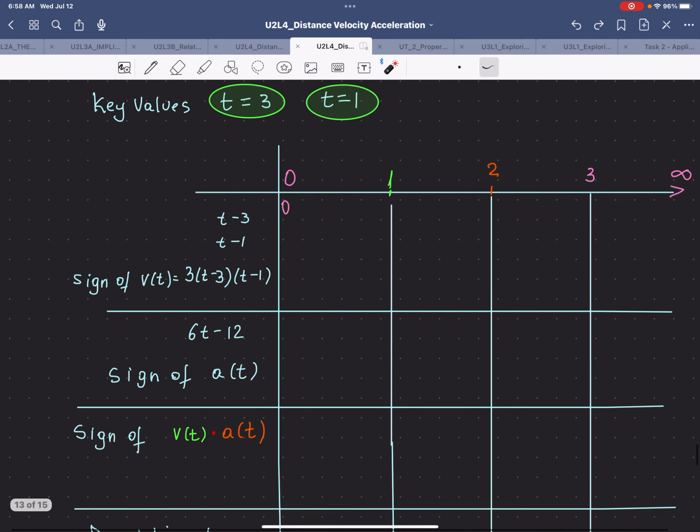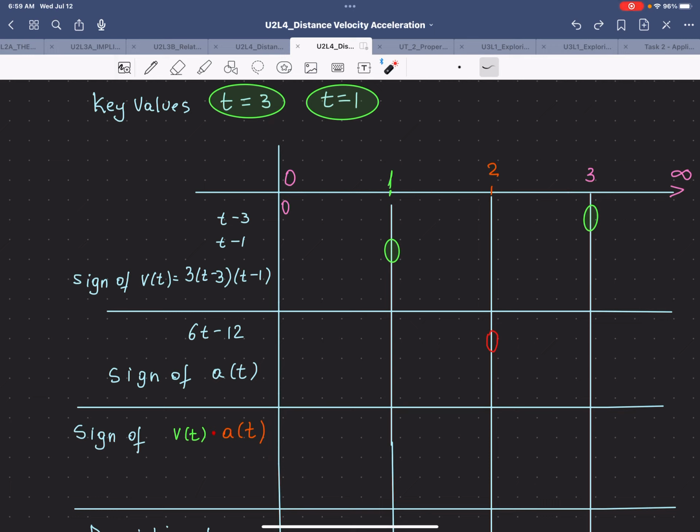So let's get to work. We're going to start off by studying the sign of each factor in each indicated interval. So you have 1, 2, 3, 4 intervals that we have to discuss. So we're going to say that t minus 3 will have the 0 at 3, and t minus 1 has the 0 at 1, whereas 6t minus 12 will have the 0 at 2. So best to start off with the zeros because they kind of remind us of where the function is changing